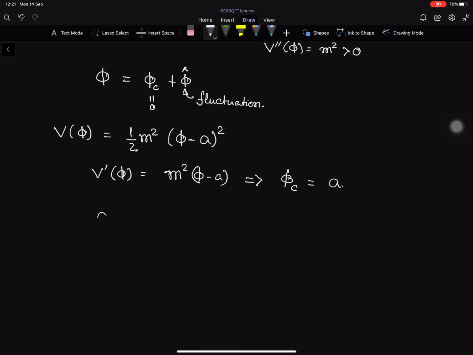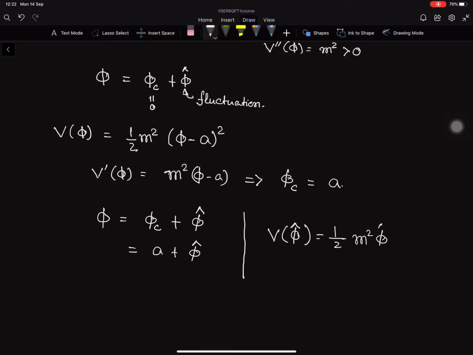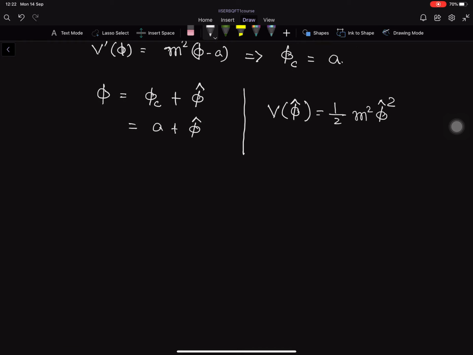So then if we write down the quantum field, sorry, this was wrong. If we write down the quantum field as the classical value plus small fluctuation, then this is just a plus phi hat. Then the potential for the fluctuation is simply half m square phi hat square. So in general,